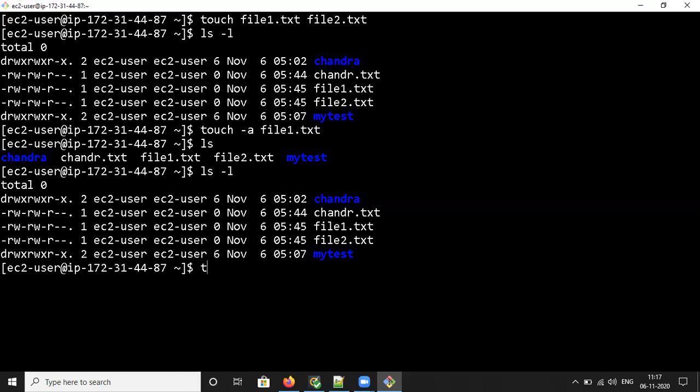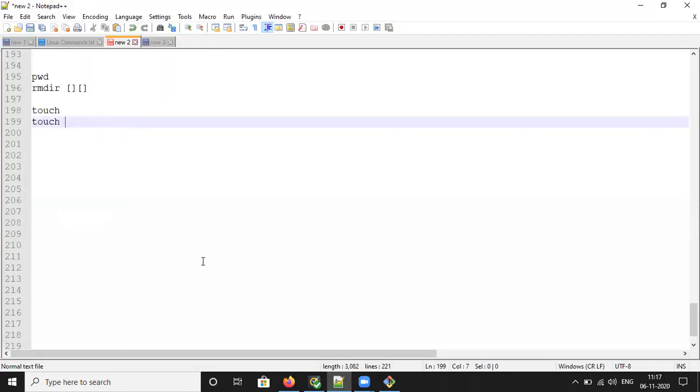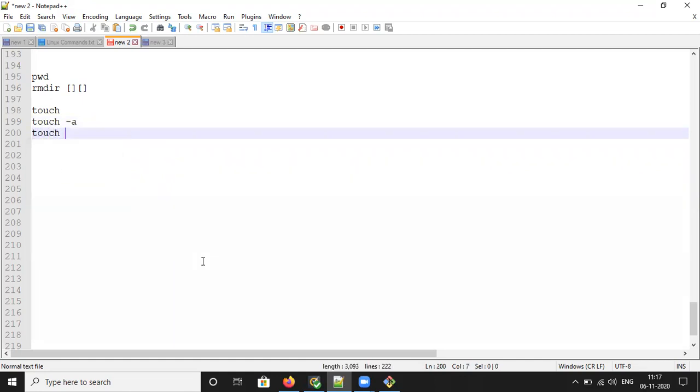Touch -c will change the access time or modification time. What does -c mean? It checks whether the file is created or not. If it is not created, then don't create it.